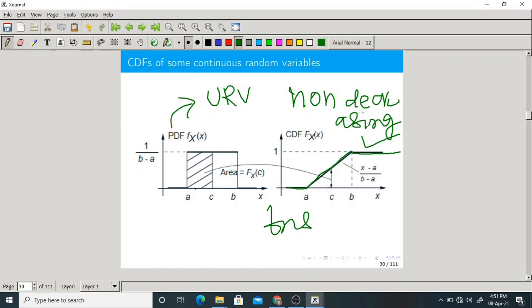Here, so this is something about area. Suppose we are finding at this point C. This is the area. If you find out at this point, you find out entire area. Okay, so that's why while calculating CDF, don't calculate using overall area. Go by point. Suppose if x is less than a, what happens? If x is between a and b, what happens? If x is more than b, what happens? That is nothing but CDF. So generally students make mistakes by calculating the total area. Obviously you will get 1. Why? Because it is a property of normalization.